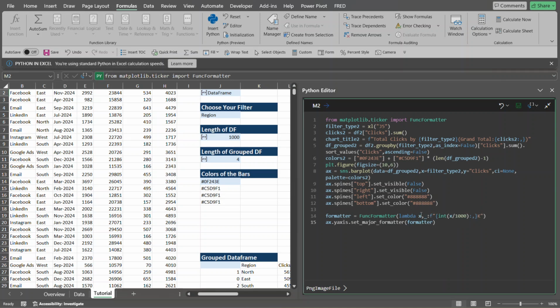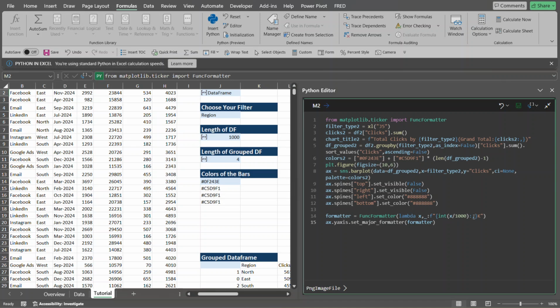Once we have the value here, it loops through all these tick marks, and we're telling it what to do with each tick mark: format it in this type of format. First we take the x value, say the first value was 500,000, and divide it by 1,000. 500,000 divided by 1,000 equals 500. Once it converts that and creates an integer out of it, because we need an integer in this case after this colon,